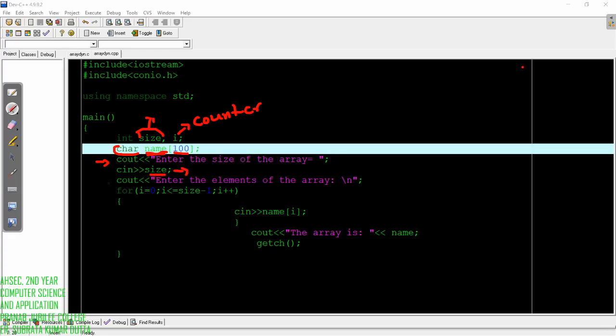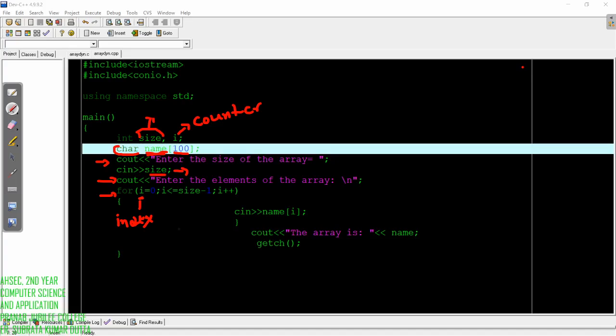Then I am telling the user to enter the elements of the array. So how will we enter? As we have discussed in the last video, this I indicates the index value of the array.